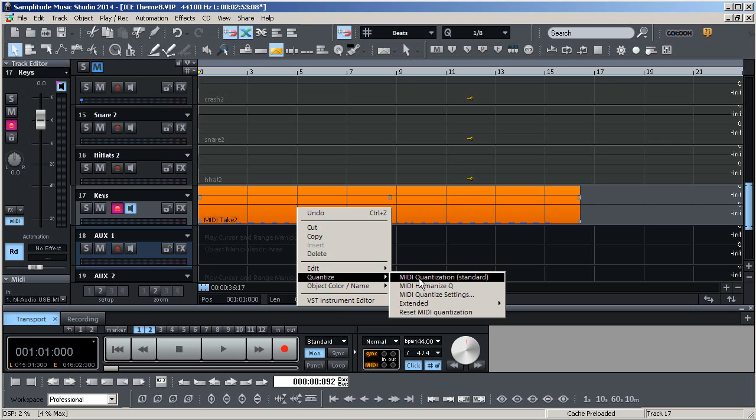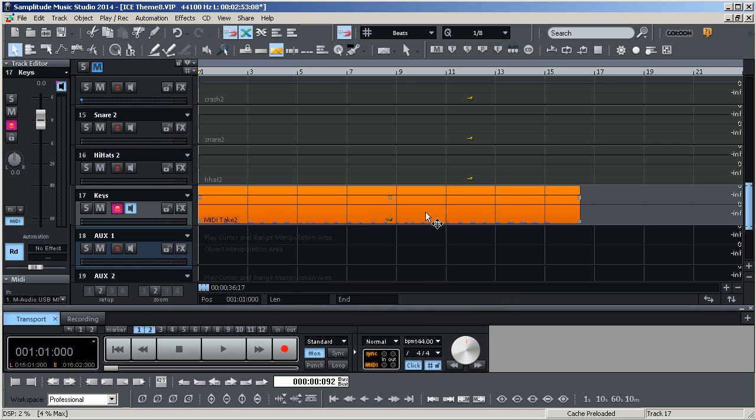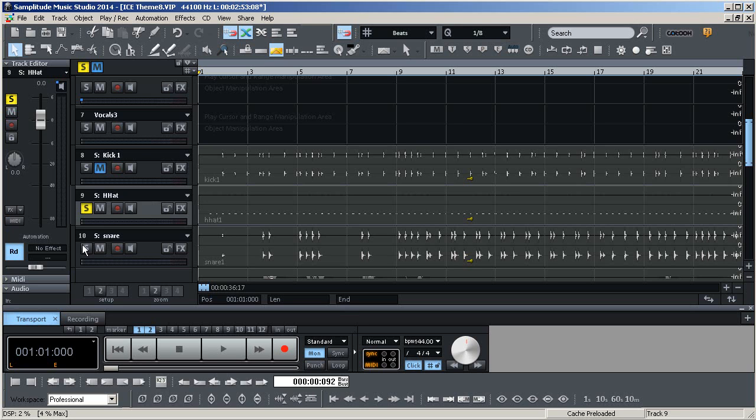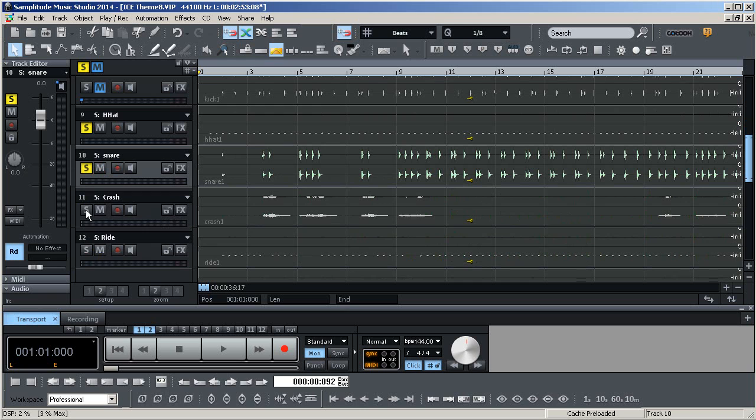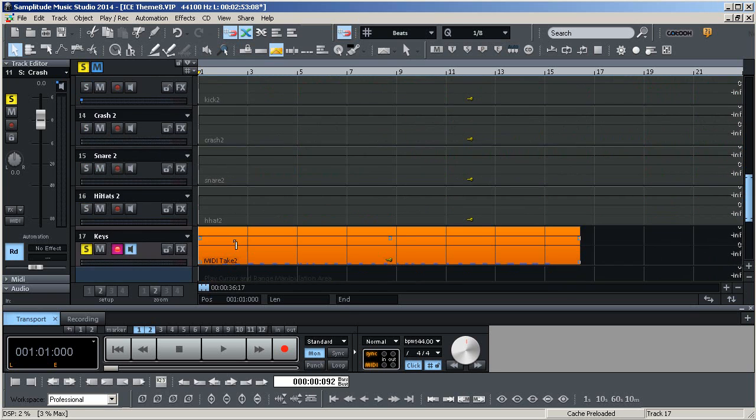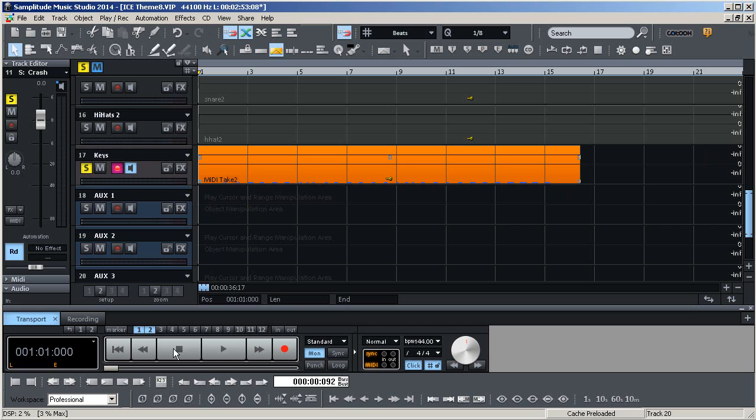So by hitting this, this should standardize all the notes. So when you hear it now, let me go ahead and put this on solo with some hi-hats and the snare and the crash and whatever. That'll be good enough. So you can just hear the drum beats themselves. So when we play it back,